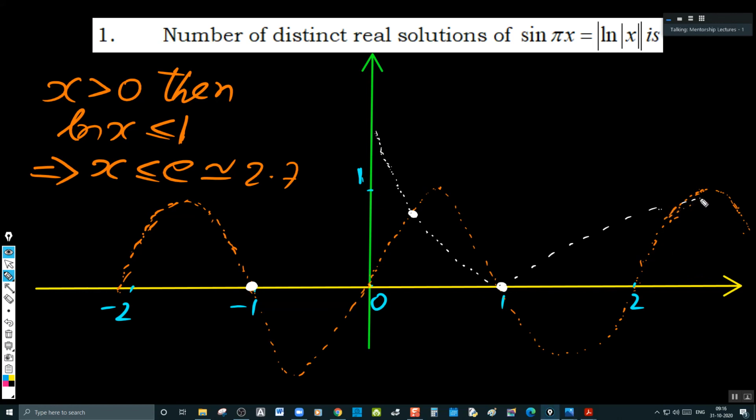Let me finish it. So this is 2, 3, 4 points you have got here, and the same on the other side. So total 8? No, 6 will come. Now if you take the mirror image,